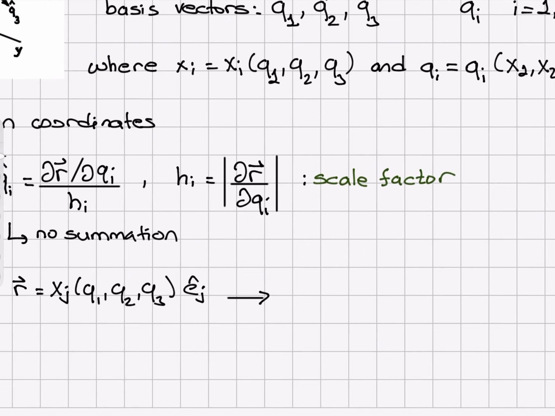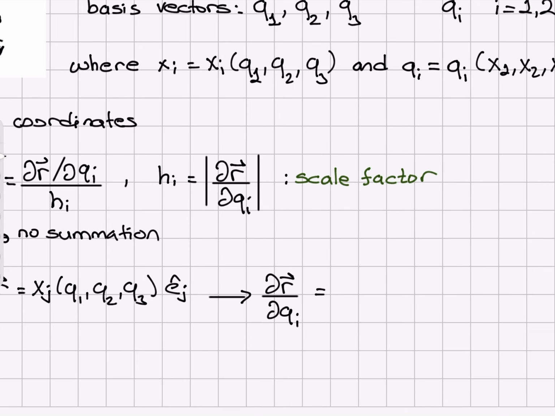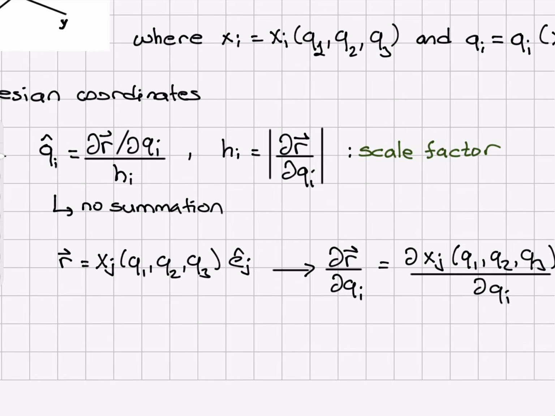Now if I take a derivative of the position vector with respect to the curvilinear coordinate qi, that means I'm taking a derivative of the Cartesian coordinate xj, which is a function of q1, q2, and q3, with respect to qi, and this is in ej hat direction. And the scale factor hi is the magnitude of del r del qi,